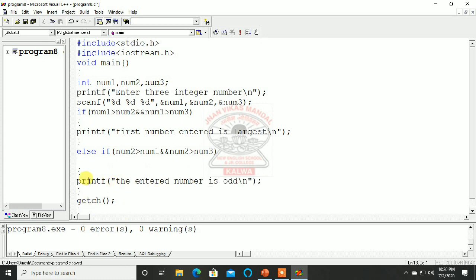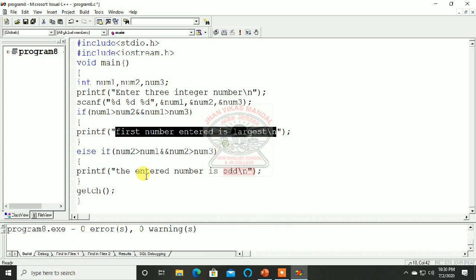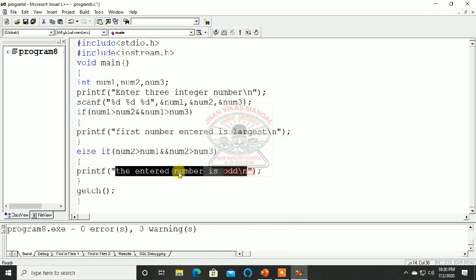I will remove all these things now. Now in this, what I will write here, I will copy this and I will paste it here. The second number entered is largest here, because for num2 it will check this first condition.